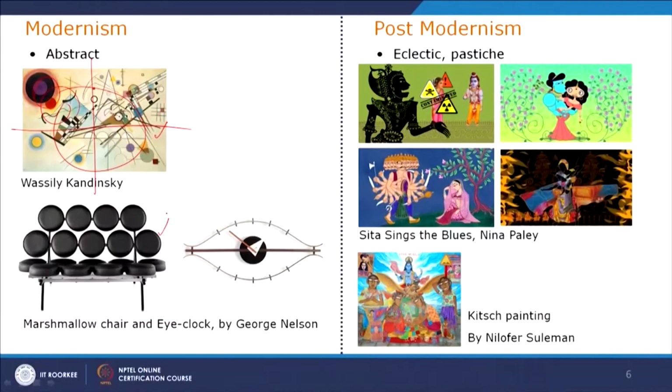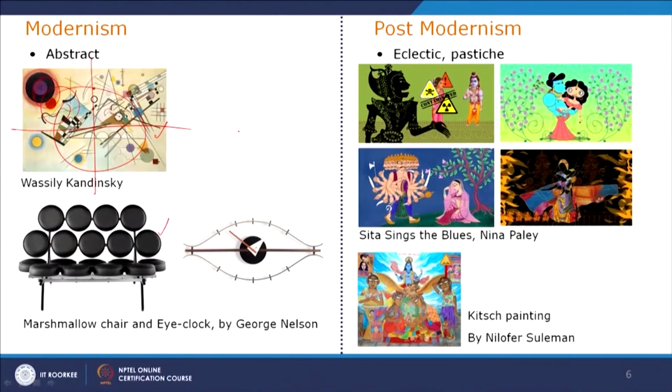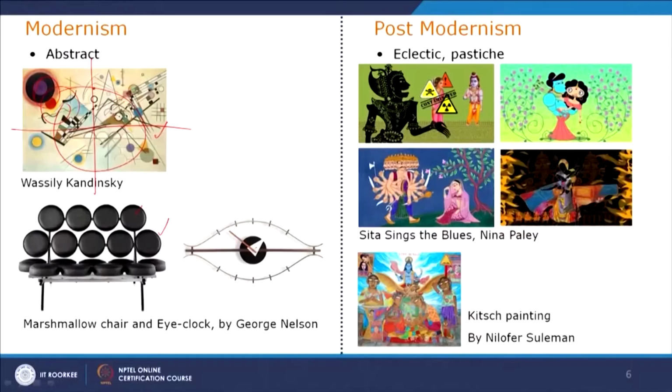And as in the marshmallow chair, this is just one chair or sofa translated into an abstract geometric form. The sofa's form, which earlier in the pre-modern era was supposed to have an armrest and a backrest and all the elements, are translated into pure geometric elements, which are just a combination of circles, and then the backrest, and everything is just a steel rod.